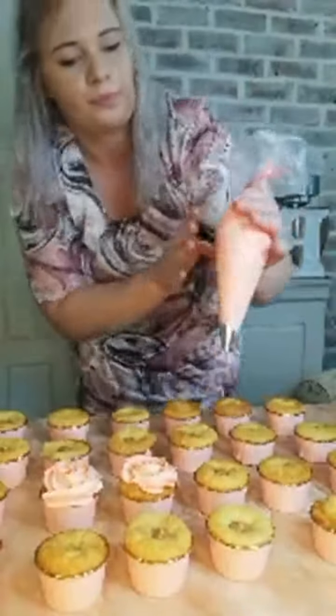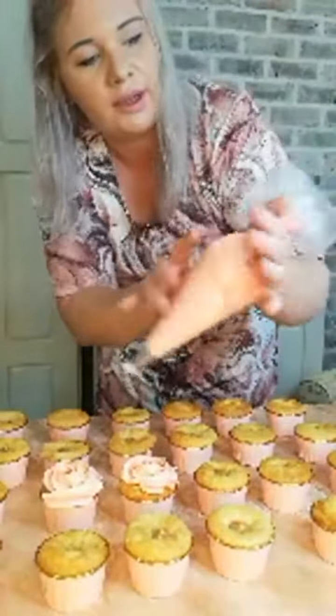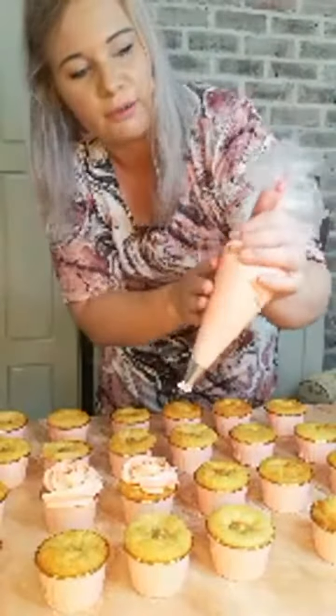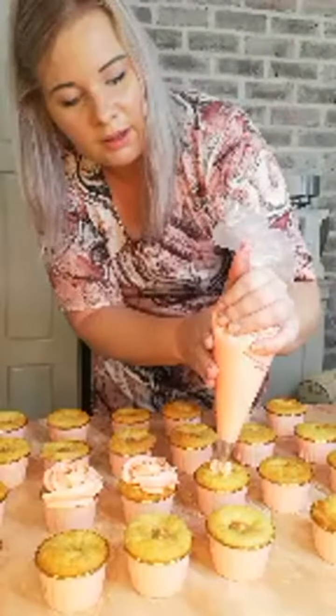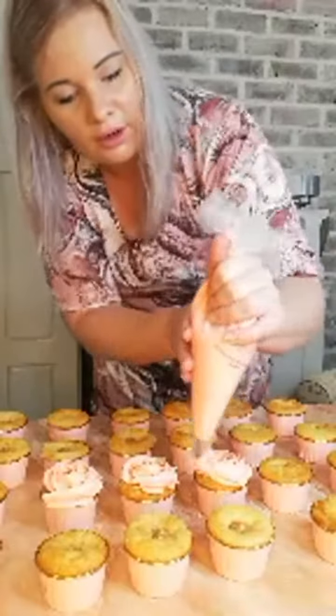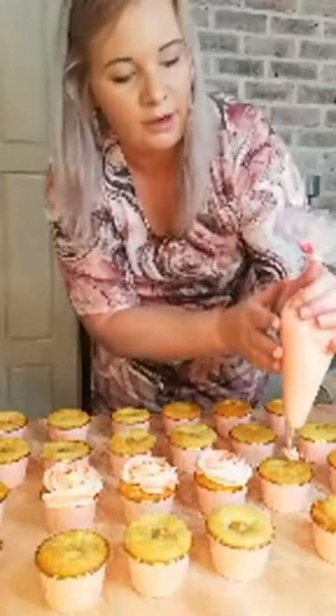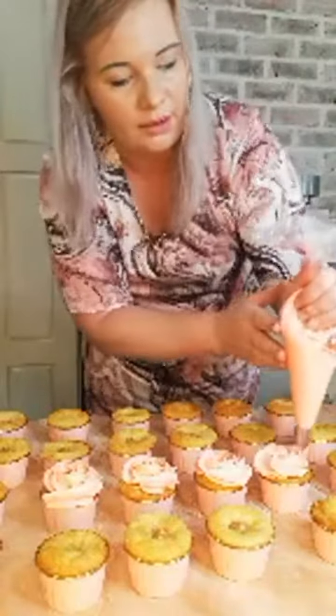And then, same rule, when you do this, okay, let me see if I can let you guys see a little bit more. There we go. I'm holding firm at the top, so all of the frosting starts from the back. I have control over my bag. I'm keeping this hand here, pressing in the middle, and then swirling around. There we go. Pressing in the middle, and then swirling around. Now,